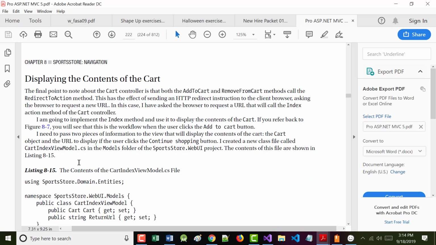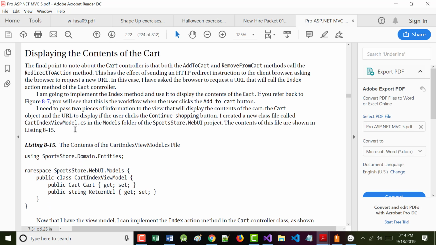So turning up to the top of 222. Now displaying the contents of the cart. Okay? It says the final point to note here is that both AddToCart and RemoveFromCart call a redirect. A RedirectToAction allows you to go to a different page. All right, so when you complete something, you can go to a different page. It says this has the effect of sending an HTTP redirect instruction, asking the browser to request a new URL.